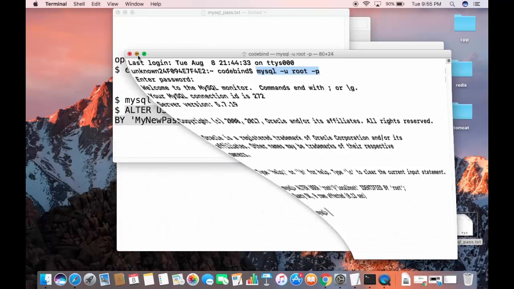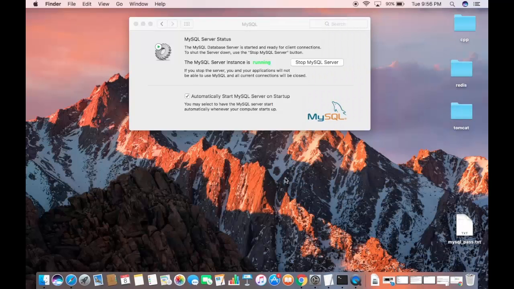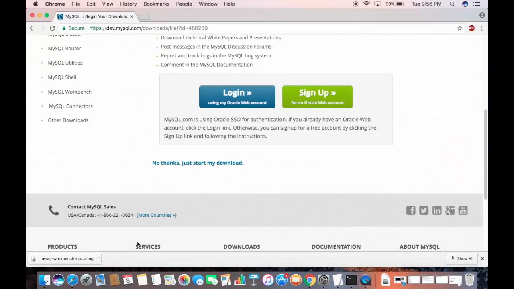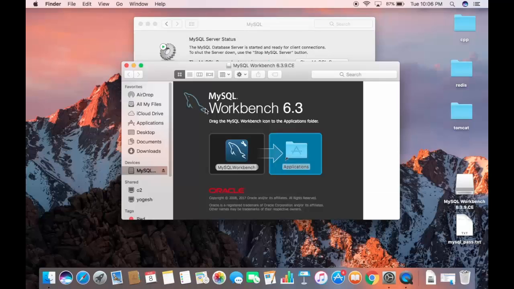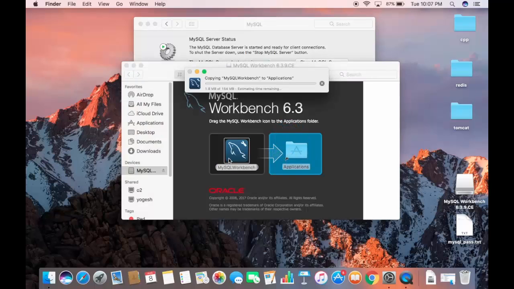Now let me just minimize everything here, and let's start with the MySQL Workbench installation. So you can see my MySQL Workbench DMG file is now downloaded. So I'm going to click on this. Once you click on this DMG file for the MySQL Workbench, it's going to open this kind of interface, and you just need to drag this MySQL Workbench icon to your application. So it's really simple. Just drag this icon to your applications folder,